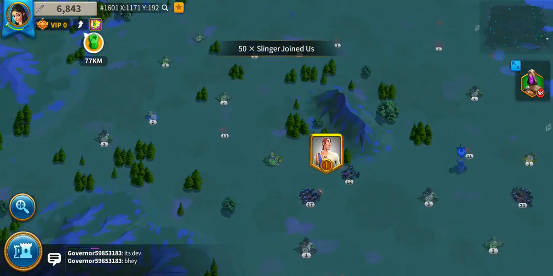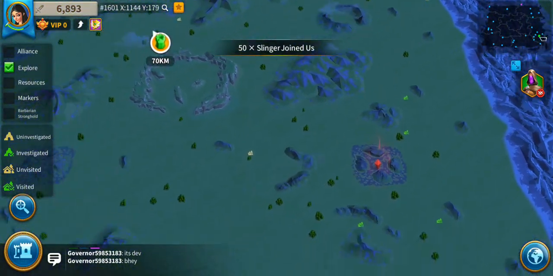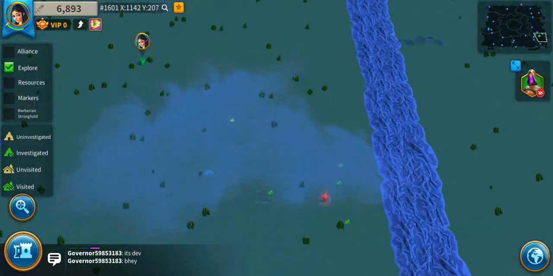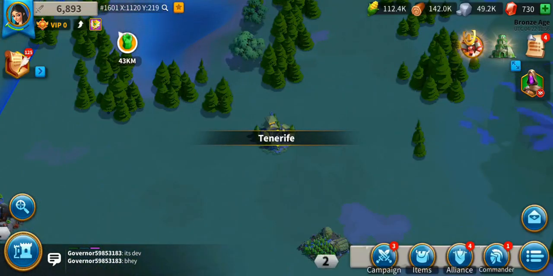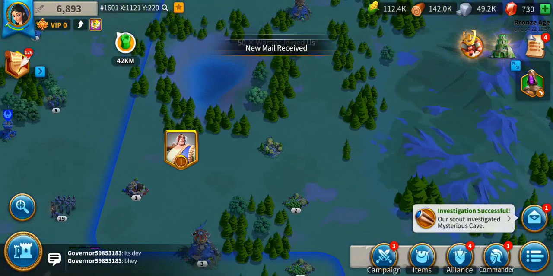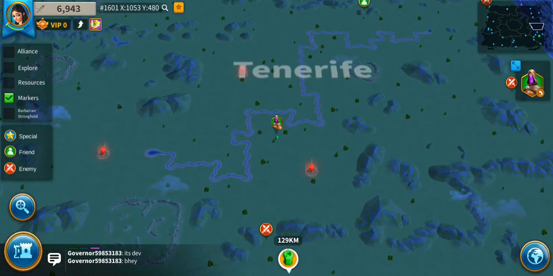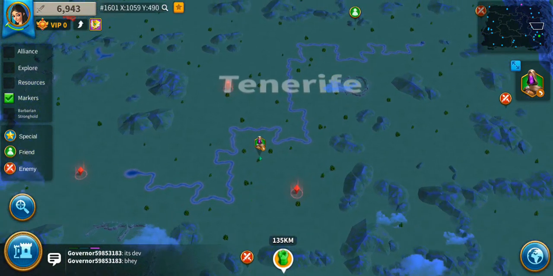I'm going to show you the strategy that I used for caves. I don't collect every single cave in a kingdom. I only collect the caves that are medium and high because they give you the best reward, and my scouts are slow. So the best thing I can offer you to do is click on a cave, and when you